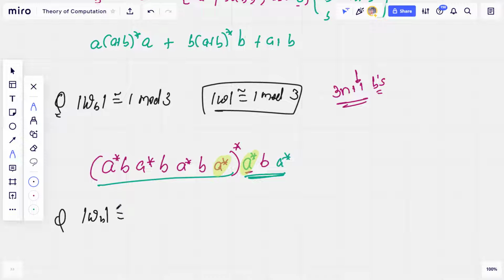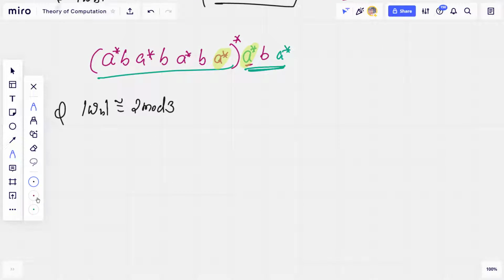b congruent 2 mod 3. Okay, congruent 2 mod 3. What will it be? First, let's just write the number of b's divisible by 3. Let's make b a multiple of 3. It will be a star, b, a star, b, a star, b, a star, and we can repeat this another time. So this will make sure that